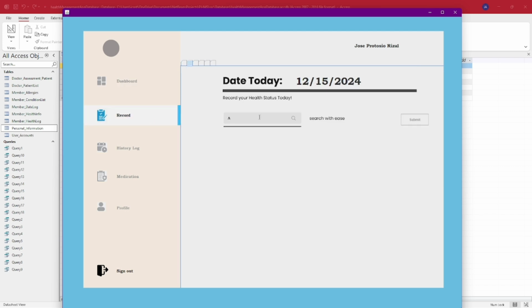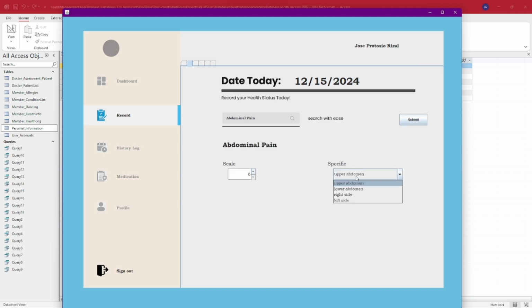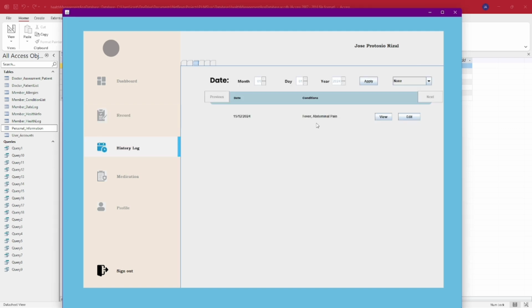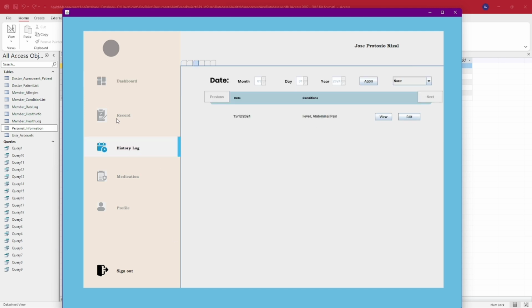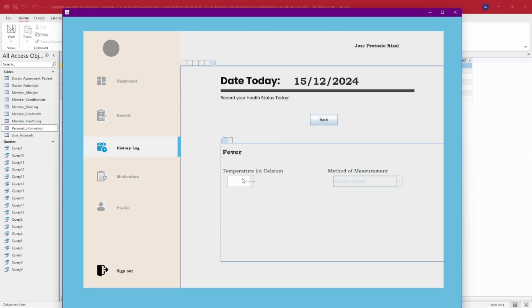Again, say a pain scale of 6, on the right side, upper abdomen. Submit it again, and it's successful. There are two records for my applications as well. I only put 3 here, but this will show unlimited records for a day. Here you put 39 at the armpit, and the other one is 6 with abdominal pain.